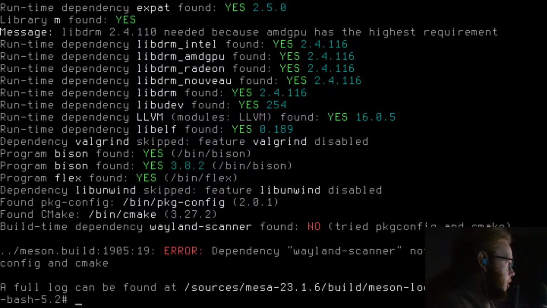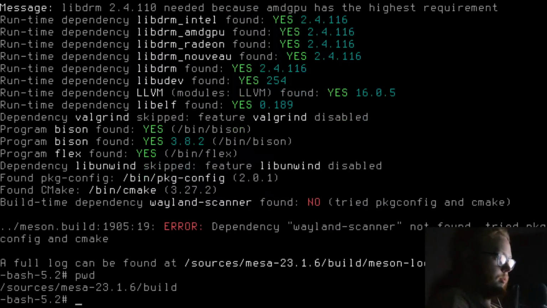Okay, good, this is still working. Right. So, where are we? We are there.